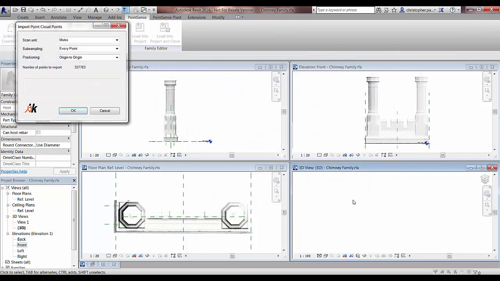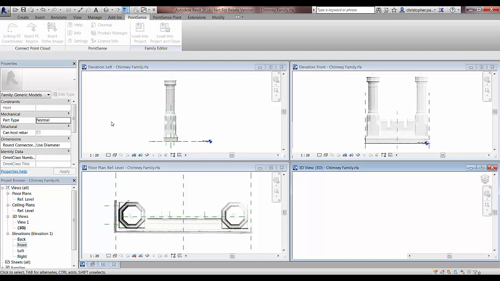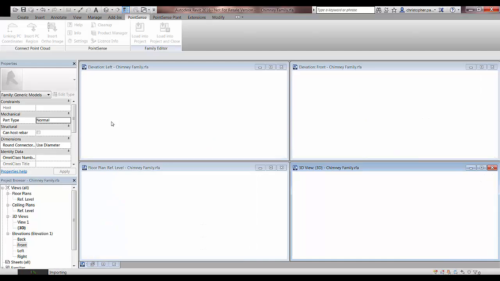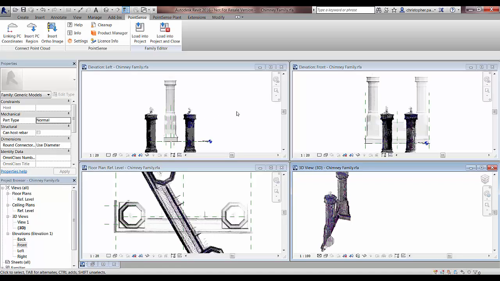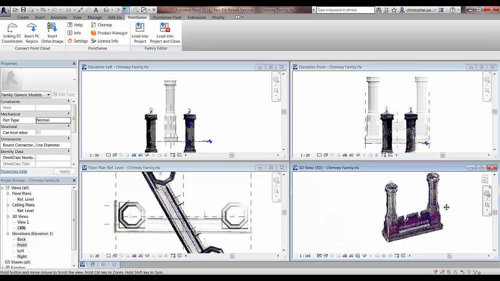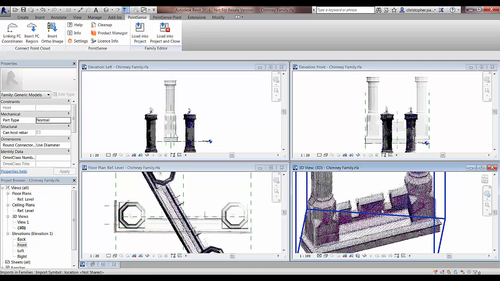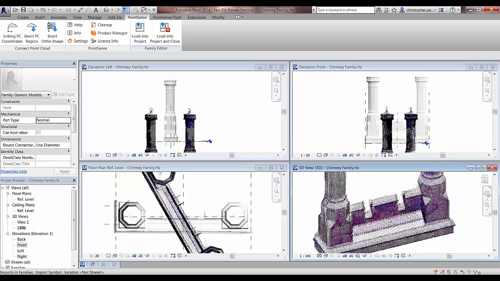open up our Chimney Points file and press open. We can change the scale unit, which is predefined to meters. We can subsample this data set down to every second point, etc. if we want to, and we can also bring that in origin to origin, or change the insert center point. So I'm just pressing origin to origin and inserting that there, and you can see it's come in to the template, displaying in all the different views, and you can see in the 3D view now the type of quality of